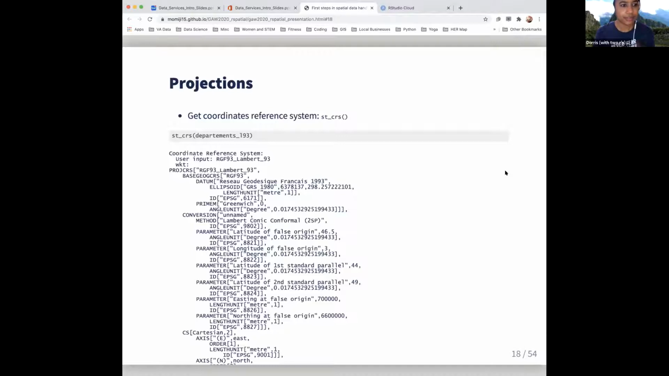And so you can use st_crs to actually see if you have a coordinate reference system. As Fatima answered in the quiz, you should check your projection first if you have a problem. So you can use st_crs to see this. And this slide is showing the coordinate system of some departments